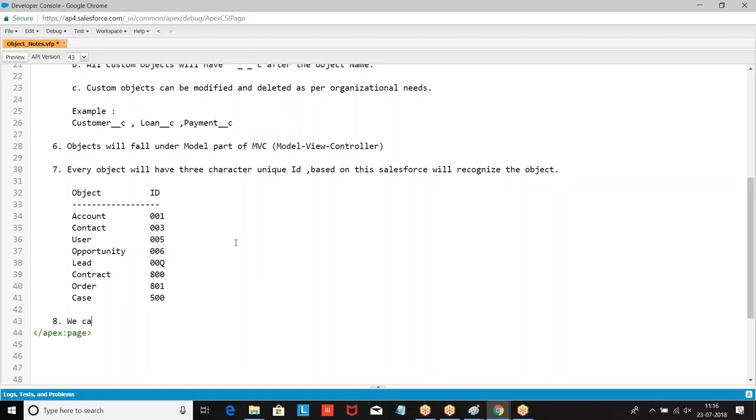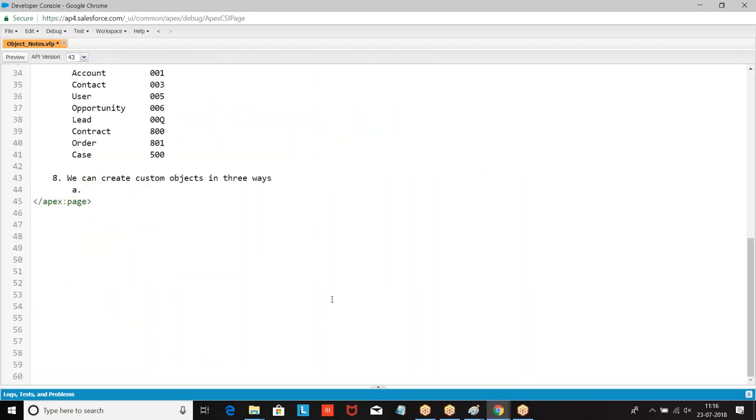Next, we can create custom objects in 3 ways. One is standard navigation. Second is Schema Builder.